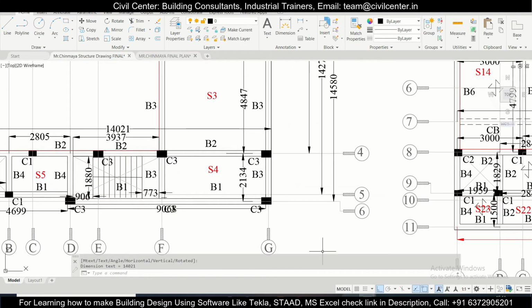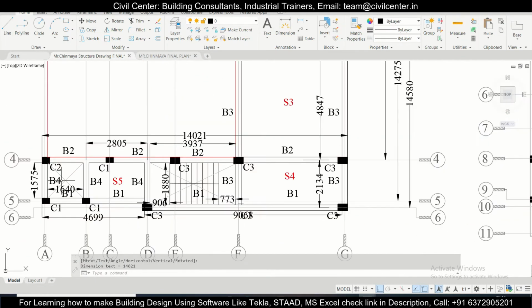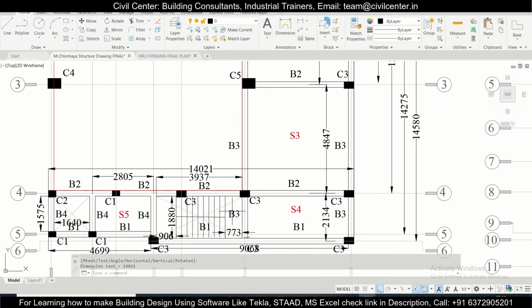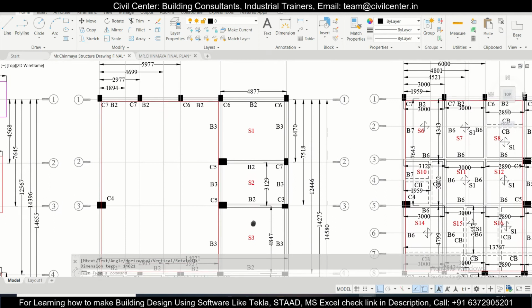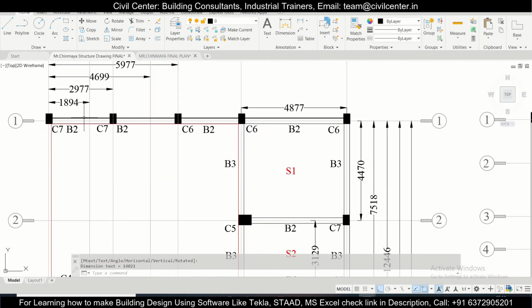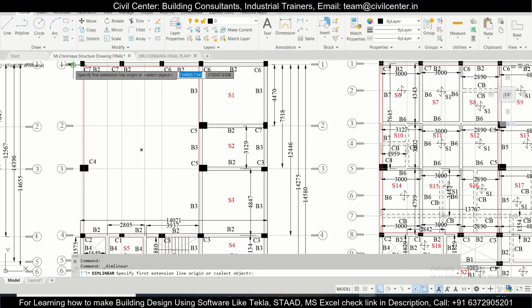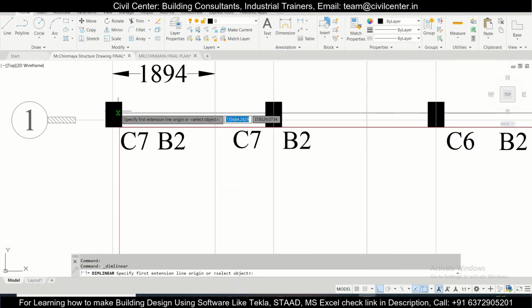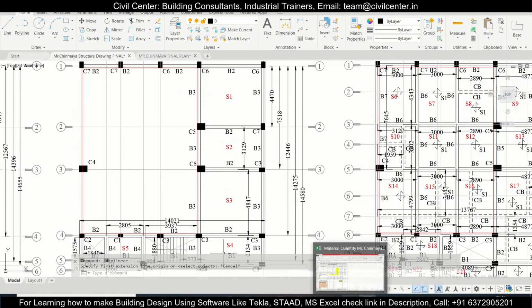So it will be 14.021 equals to 14.021 plus, and then this B4, B4, B3, B3, B3, B3, B2, B2, we have some B2 here, 1, 2, 3, this entire portion is B2 actually. So this one should also be the same as this bottom one, so it will be the same 14.021.